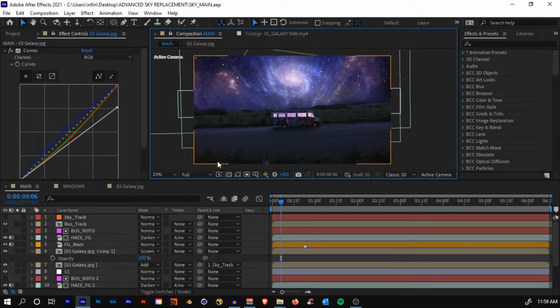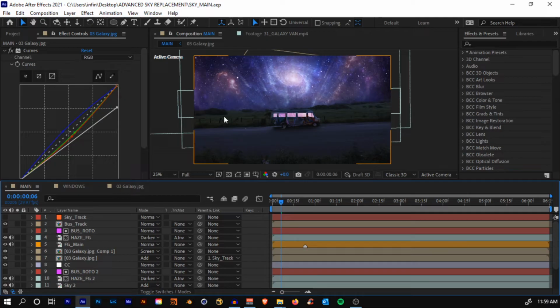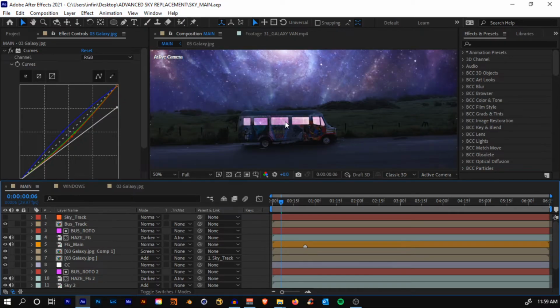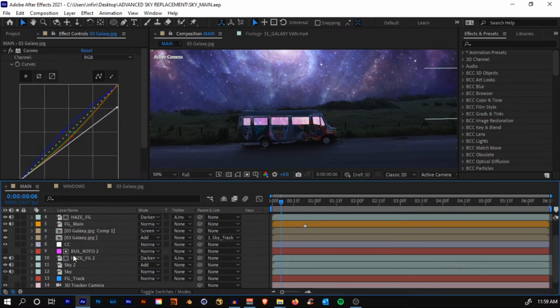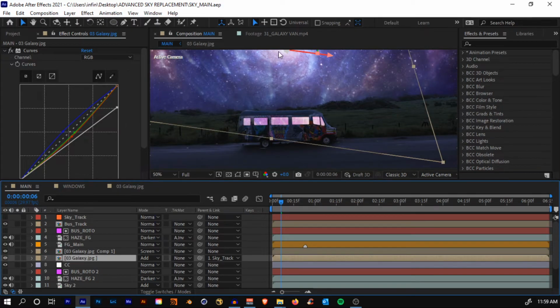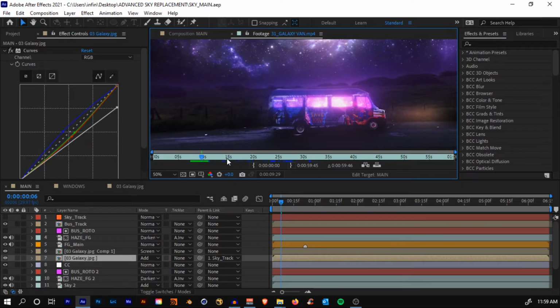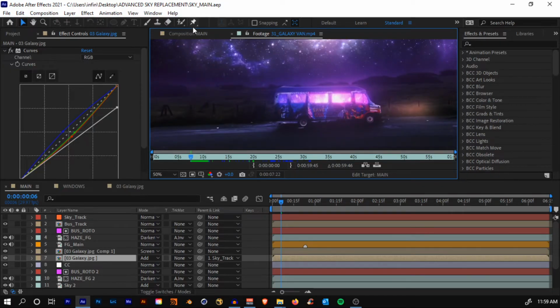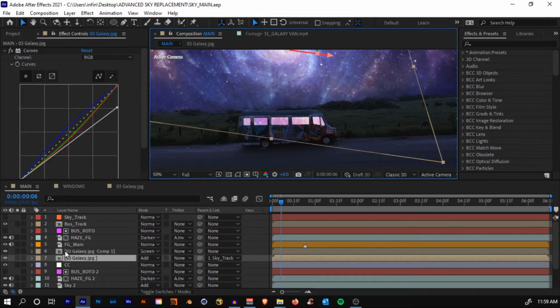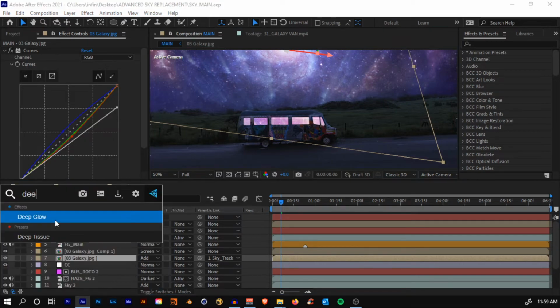Now what we'll do now? Okay, we'll add the glow to the window right there. So yes, if you check the original example, this glow looks beautiful, but this glow wasn't done using the inbuilt plugin. I had used a plugin called Deep Glow, but don't worry about that. I'm not going to use this plugin. If you have it, you can use it. I'm going to use the default inbuilt one because I know that not every one of you might have it, but I'm just going to show you the output of it.